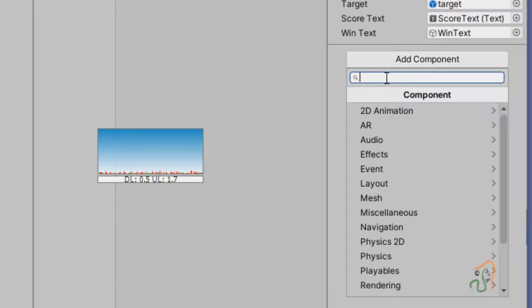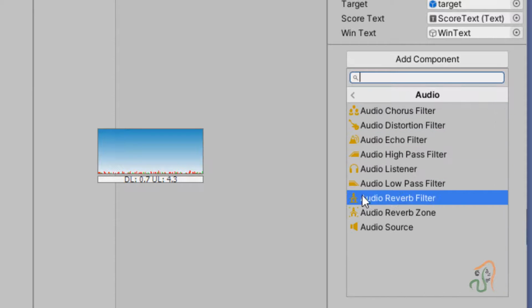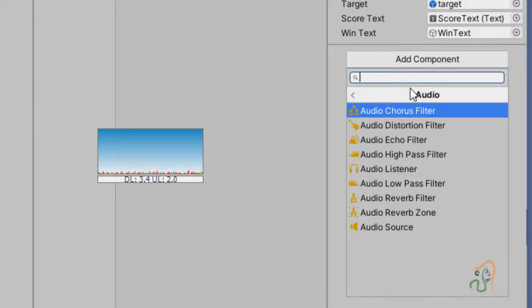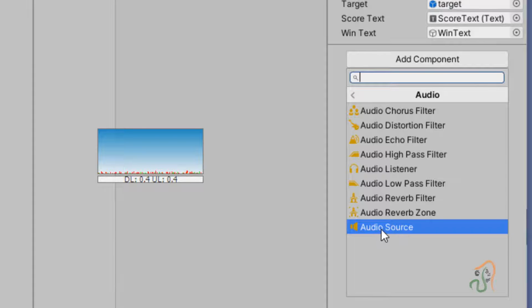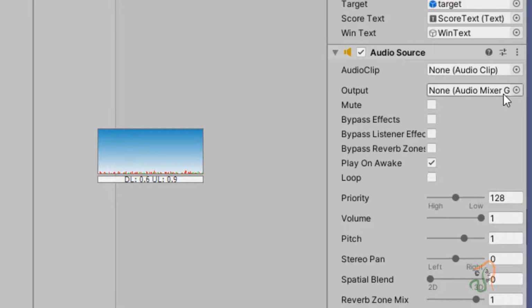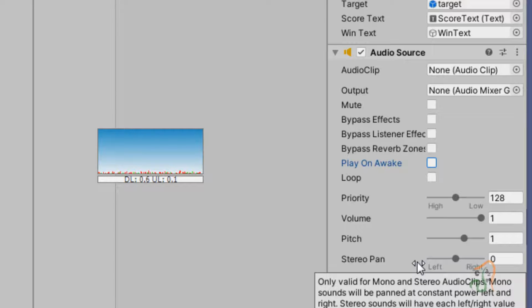In Add Component, in Audio you have different audio options, and we are going to choose Audio Source. After selecting Audio Source, you have Play On Awake; switch off Play On Awake.